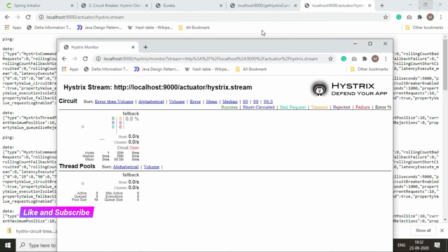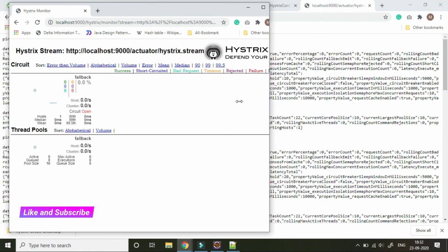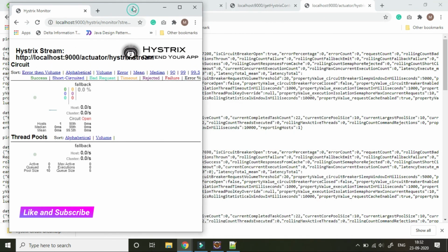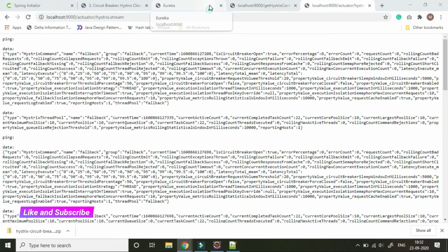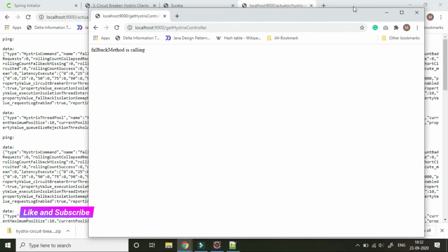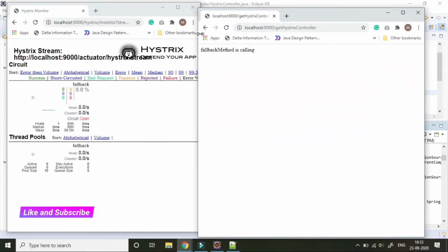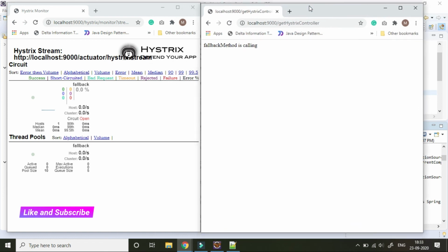For that I have to see what's happening once the application is failing and once the application is hit successfully or returning a successful result. Okay, I'm trying to manage both windows. Now I will hit it and we will see what the output of our Hystrix dashboard will be.